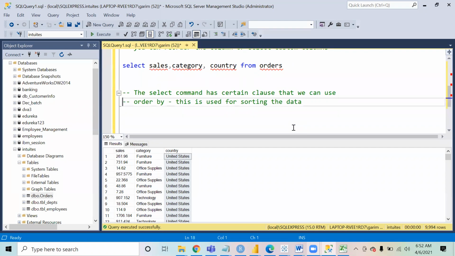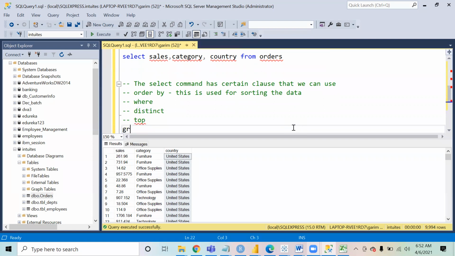We will be discussing lots of clauses. One is order by, we have where, we have distinct, we have top, we have group by. So these are different clauses that we will be discussing one by one.